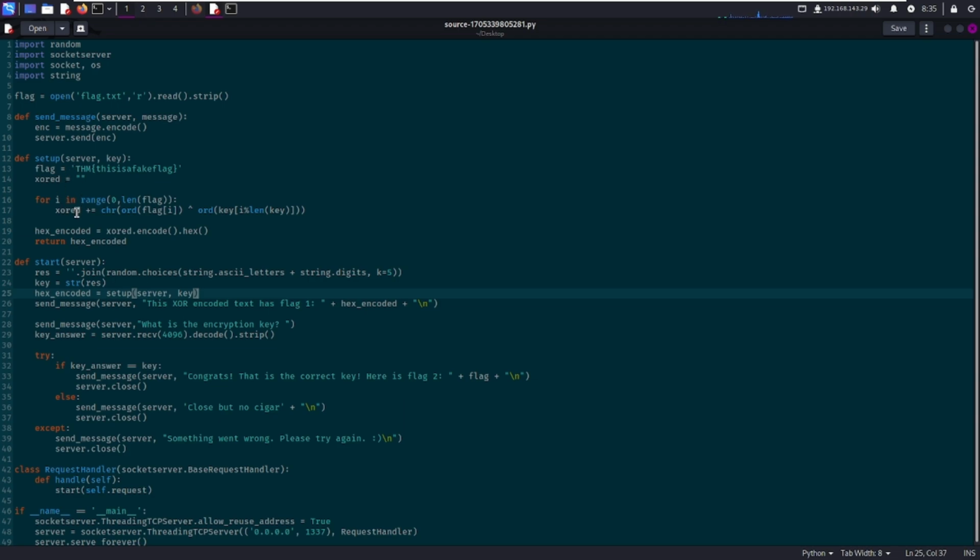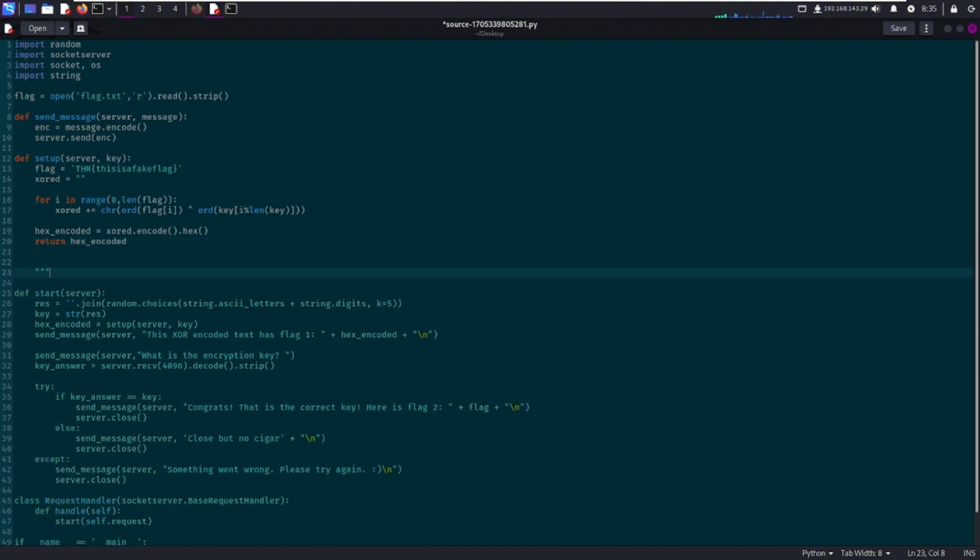We have an XOR gate here, and the hexadecimal system. So it is using XOR and takes 5 arguments, and XOR